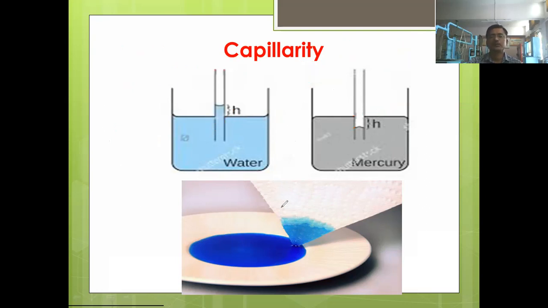Now this was the thing about this. Now the question comes: why will water rise inside this glass tube, and why will it fall inside this glass tube in the case of mercury? Can anyone tell the reason behind this? Yes. So there are two derivations we are going to see. One derivation is for the capillary rise and one derivation is for the capillary depression.